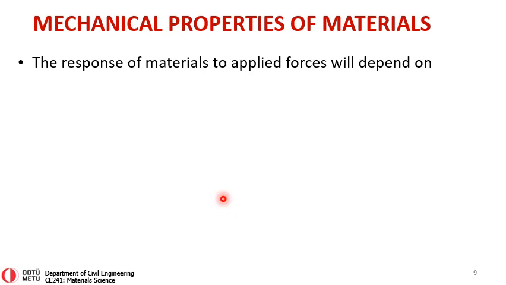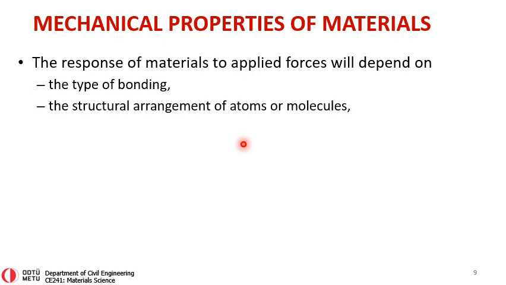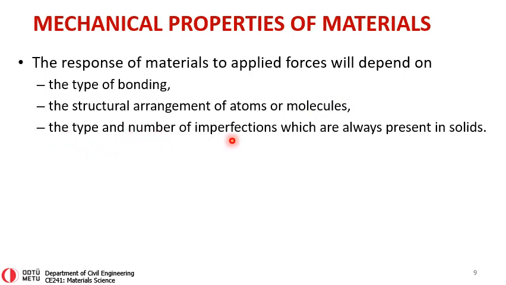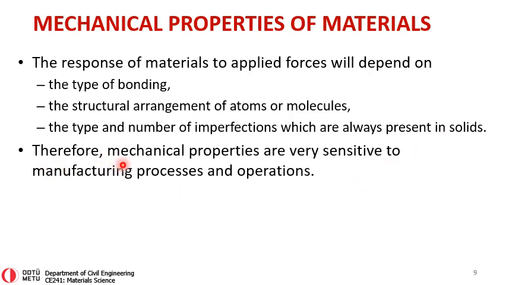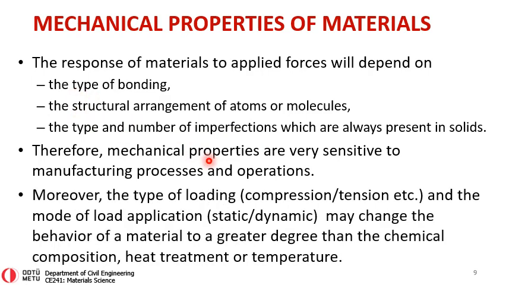So, the response of materials to applied forces will depend on the type of bonding, the structural arrangement of atoms or molecules, and the type and number of imperfections which are always present in solids. Therefore, the mechanical properties are very sensitive to manufacturing processes and operations, because they will always introduce some imperfections in the material. And you have seen these bonding, arrangement of atoms, the imperfections, etc. But they are not the only cause,